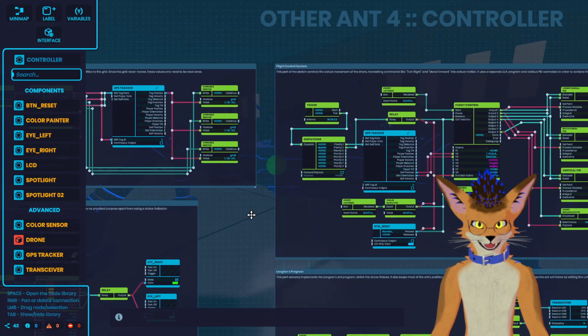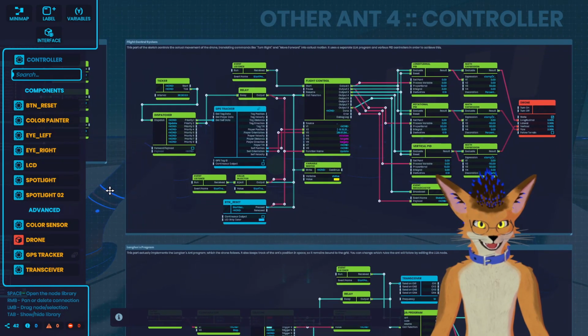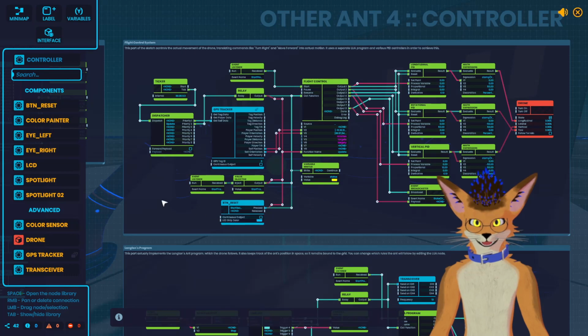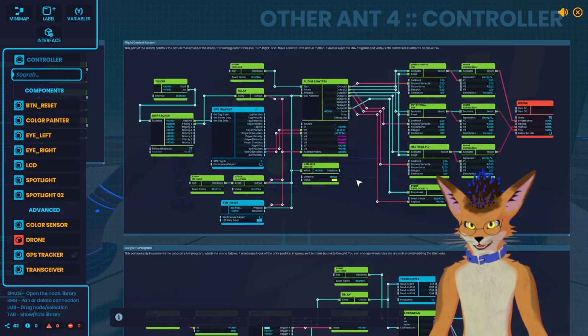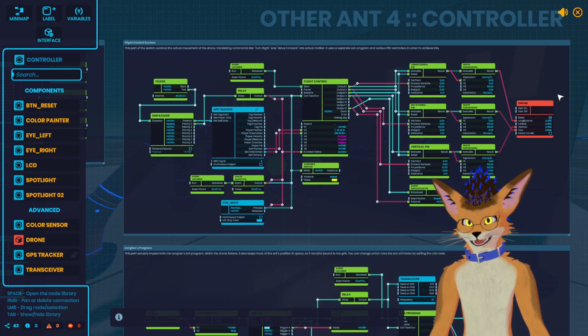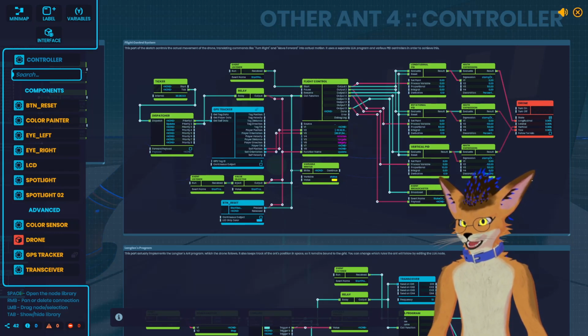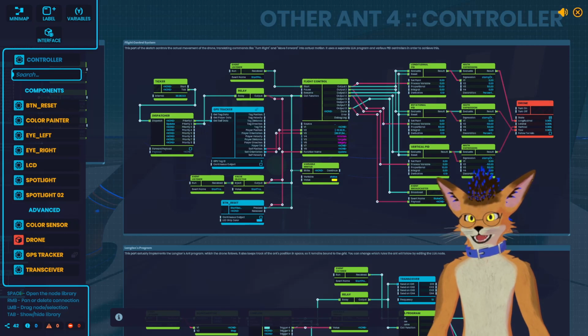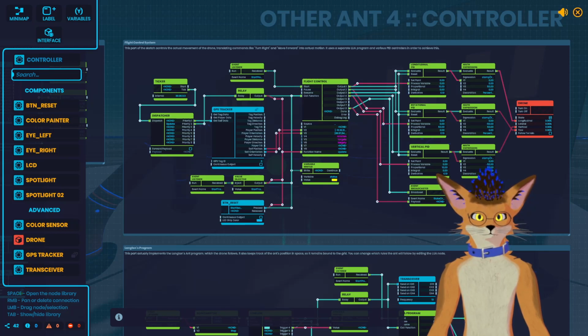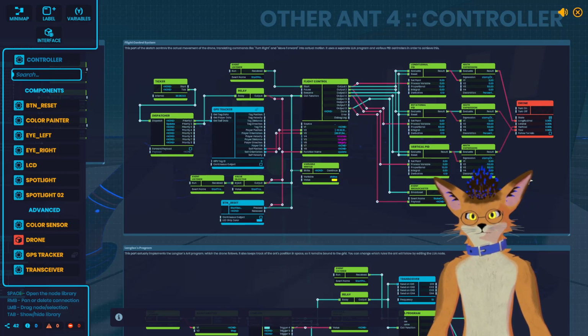Now, moving on over here, this section is actually the most complicated part of the entire sketch. This is the flight control system, because if you think about it, the drone object within Plasma does not know how to interpret commands like move forward or turn right. So I actually have to implement those commands myself so that when the algorithm issues those commands, the drone can